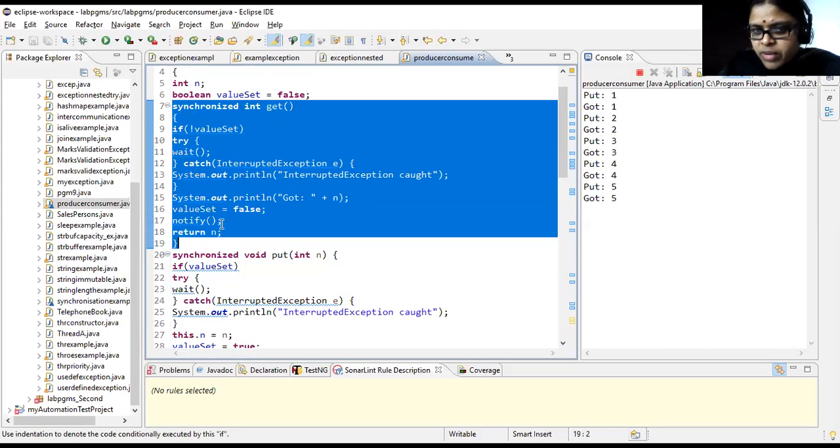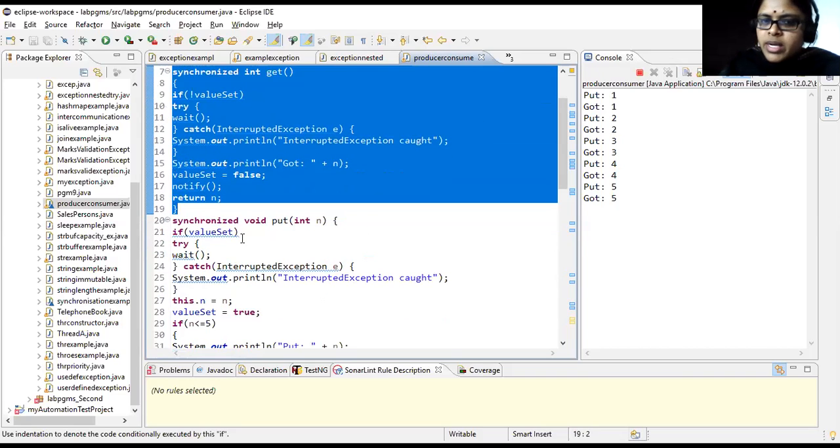And this will notify when your get method is executing the notify. What was the thread which was sleeping earlier? Producer thread, because it went to the waiting state. So now the consumer gives a notify statement, then producer will start its execution. Why? Producer produced the data, consumer consumed the data, consumer informed your producer that yes, I read the data. Then again your producer can produce another set of the data like 2, 3, 4, 5 and so on, right?